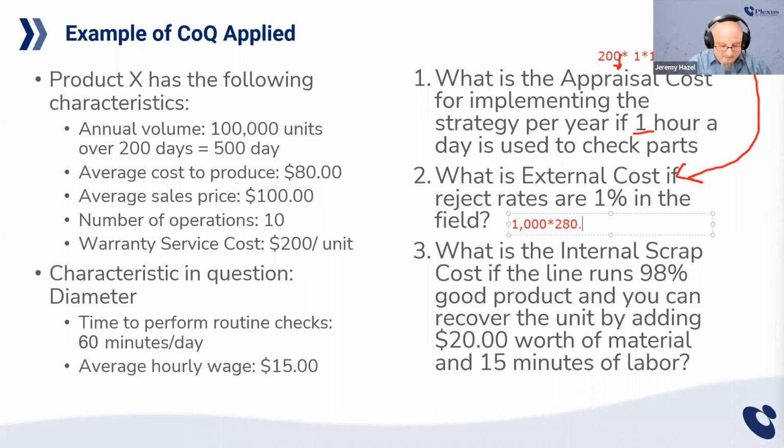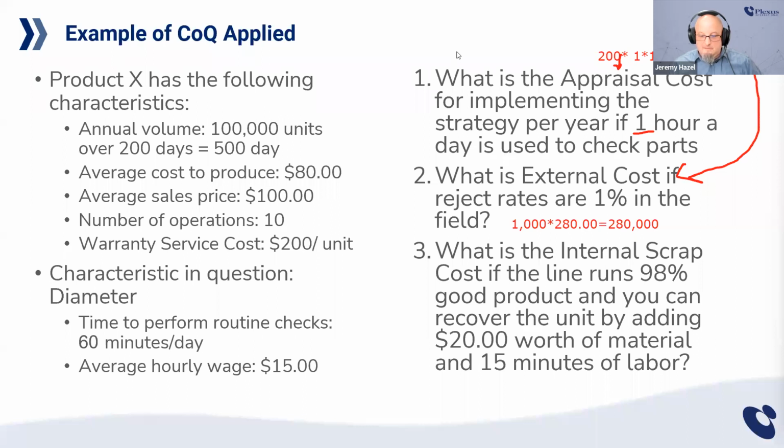And the Maytag man is going to have to charge us $200 in addition to the cost. So not only do we get charged the cost of making it, but we get charged for pulling it by the service center. So in reality, every year we stand to lose over $250,000 on this diameter issue. You see how this gives some credence, some confidence, in why we're doing the diameter check.